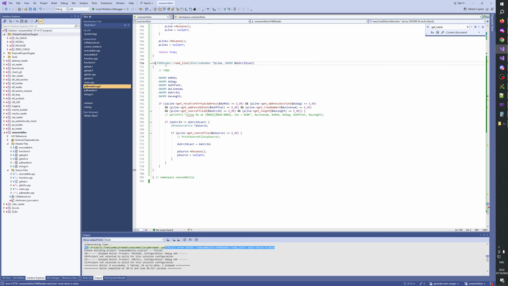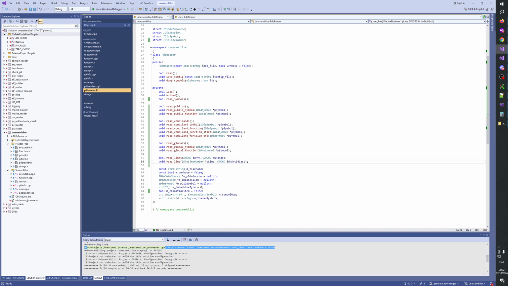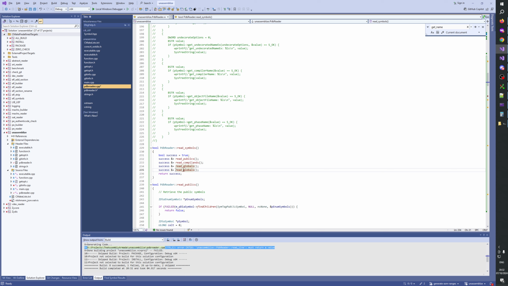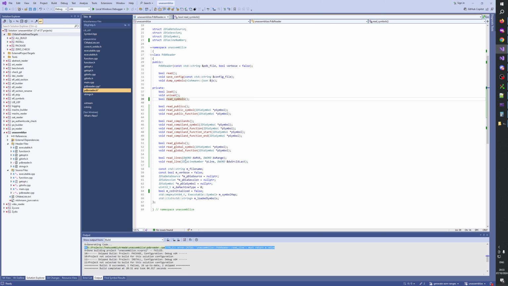Yeah, let's make it a void. Void, and I think in read symbols we also need here read lines here, read lines, and that we put to,